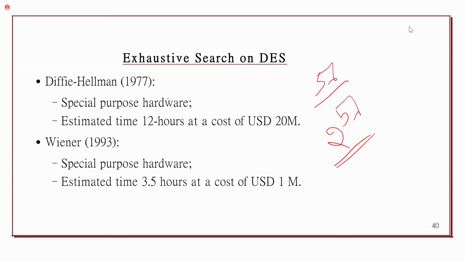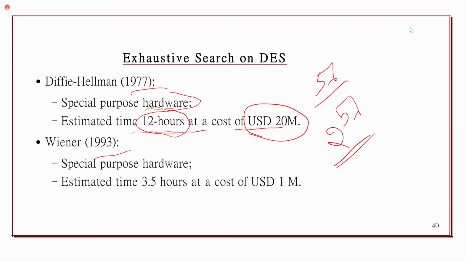Some cryptanalysis was done on DES in 1977. Diffie and Hellman tried to obtain the plain text by using some special hardware, and it was broken within 12 hours. And this came with a cost. The hardware requires machinery, all the processing units and so on, right? So it requires this much amount.